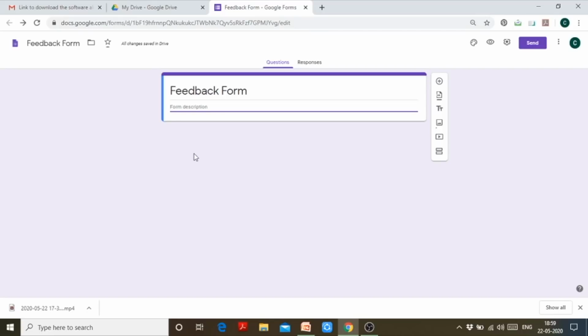But if the person chooses no, there is no option of making that person fill the rest of the form. That is the need for creating sections. I'll show you how to create sections, and while doing this practical on Google Forms, you will understand the purpose of making sections.